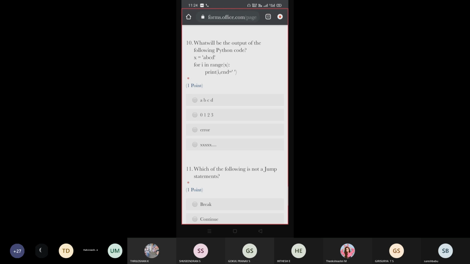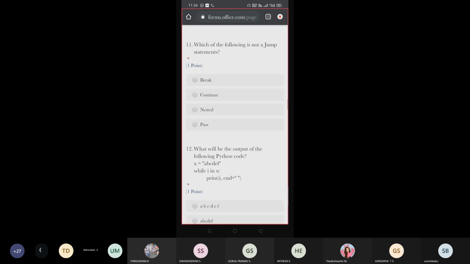Instead of range function, they are using a string inside the range. Actually this will not happen, so this will produce an error. You can directly use x, but range of x will definitely produce an error because x is a string.